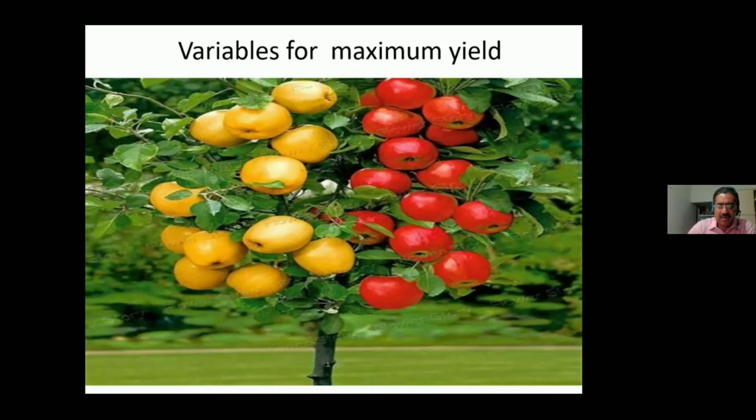Now, you must have seen our fathers and forefathers, they collect the best seed to sow. Whether it is paddy or mango or jackfruit, they collect the best seed and then they sow that seed. They don't sow every seed. Even when we are buying seeds from the shop today, we put it in water and whatever seed is floating at the top, we discard it.